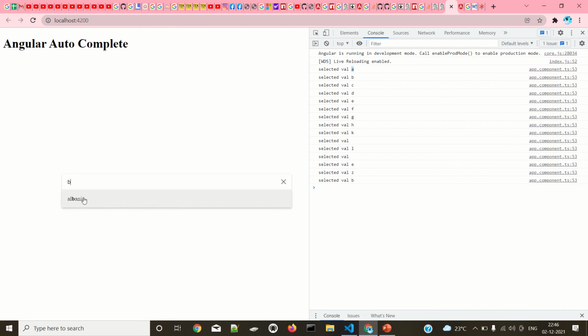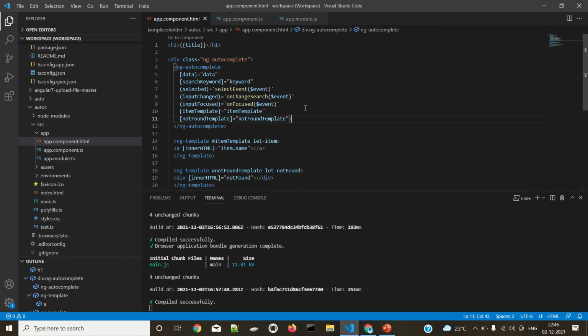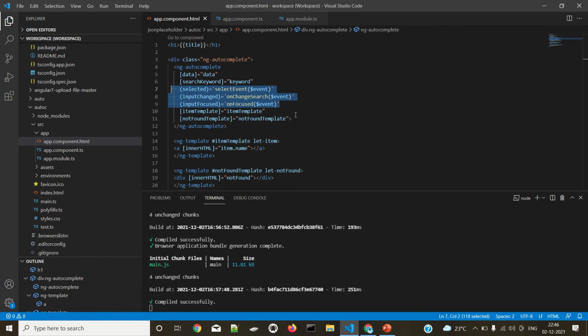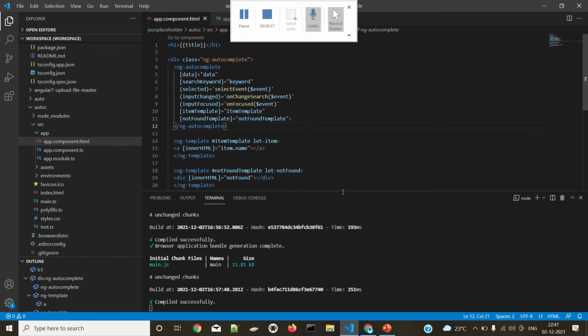If I choose this value, then this is the selected item. Based on the selected item, we can use our customer data for processing. That's the main usage of this. Once I want to deselect this, I can close this item and it will be closed. That's how it works. Input changes, selected, input focus, everything is for the same purpose. I think you will get a better idea. I'll put it on GitHub and then I will give the link in the comment section later. Okay, thanks guys.